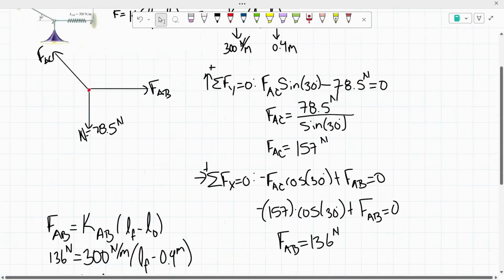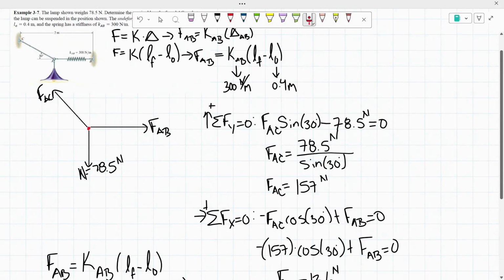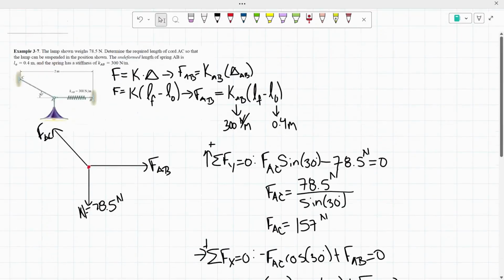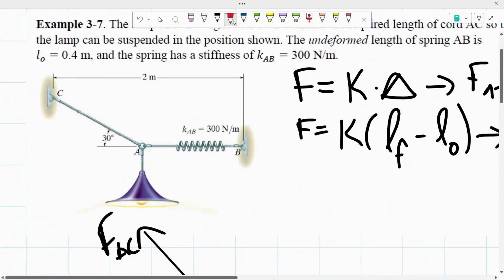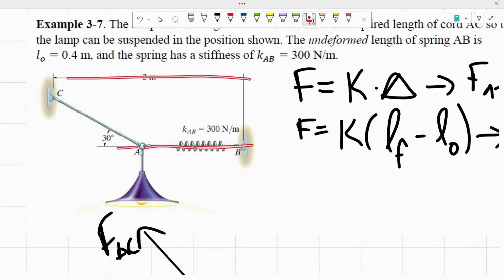So now that we know the length of this side, we're going to use that to find the length of this side. Because once again, looking at it as a triangle, we are trying to find the required length of cord AC, this length. And by finding the force of AC and AB, we were then able to find the length of the spring. So we subtracted the length of the spring from the 2 meters, giving us this length. And now that we know this side, if we look at this as a triangle, with correspondence to this angle, we know the adjacent side of the triangle, and we're trying to find the required length for this side,